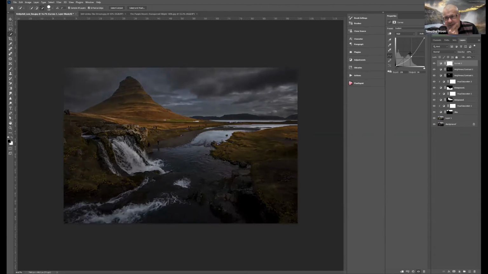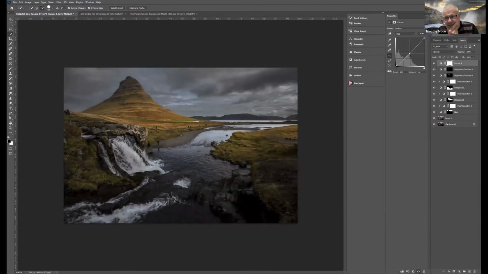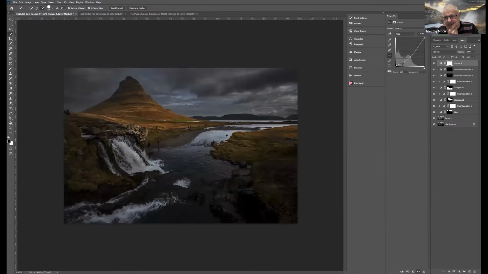I can also click and drag the middle of the curve, which is what curves are, and do an adjustment based on a curve, which means it's progressive. It affects the blacks less, it affects the whites less, and it has most effect on the midtones because I'm pulling the curve down in the middle. So I can do an adjustment like that to generally darken the picture. I have my curve layer and it's white. If I press Control-I for invert,